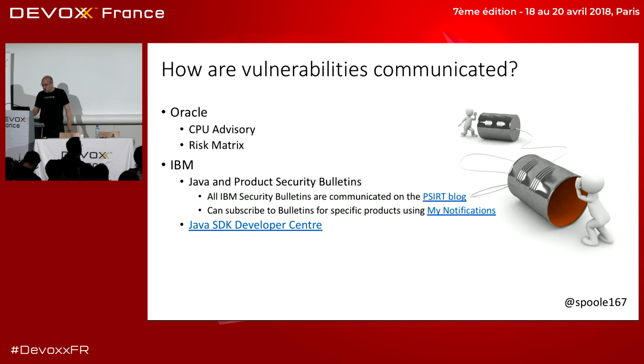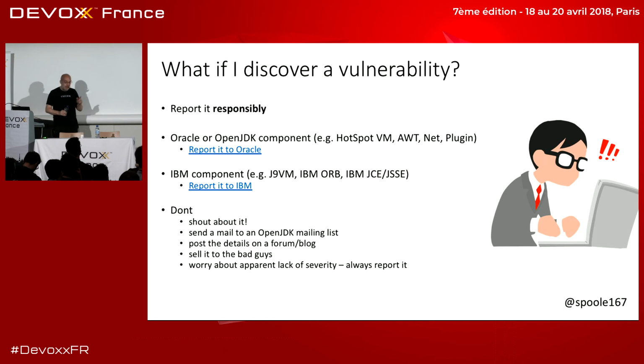So anyway, when we've got one of these things, we will tell you. Oracle publishes these advisories, we publish the same thing from an IBM point of view. You don't have to read them, but what you have to be aware of is the process of, there's an important part of this process, which is what happens when we go, hey, we've really got an important one. Okay. Now, if you find one, so if you find a piece of code and you go, oh, I think I could see how that could be exploited, okay, don't shout about it, don't tweet it, please don't sell it, report it nicely, don't turn up on /dot and say, hey, I've found a vulnerability.